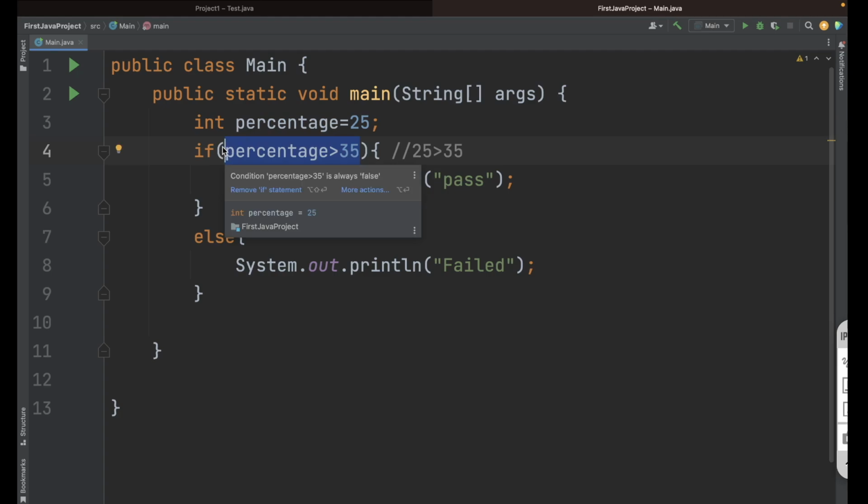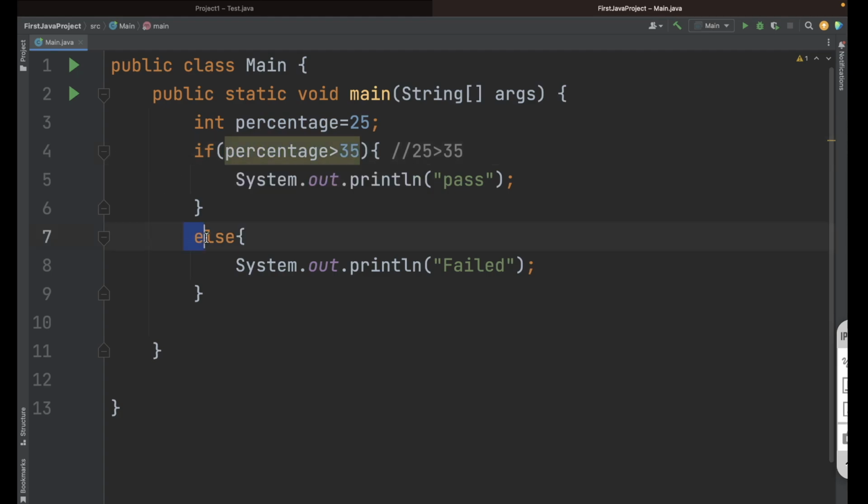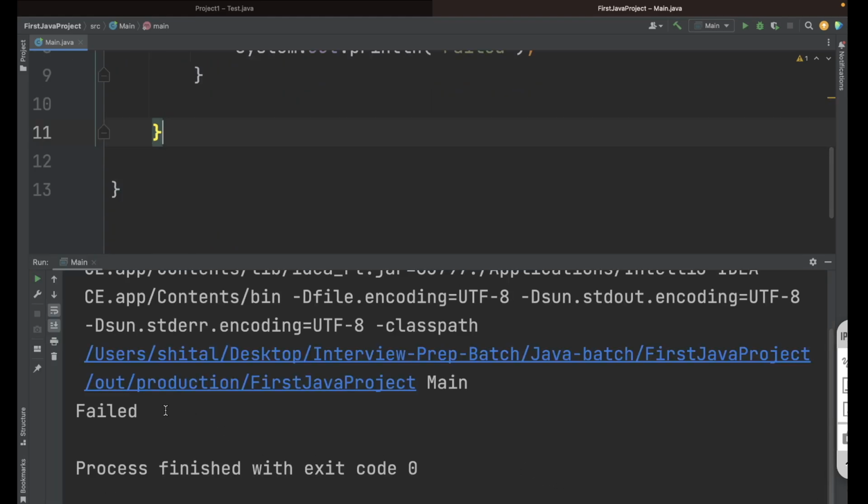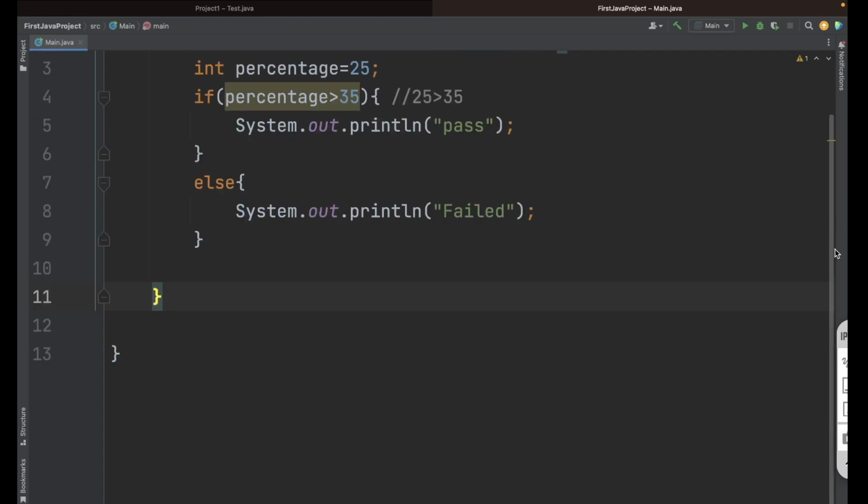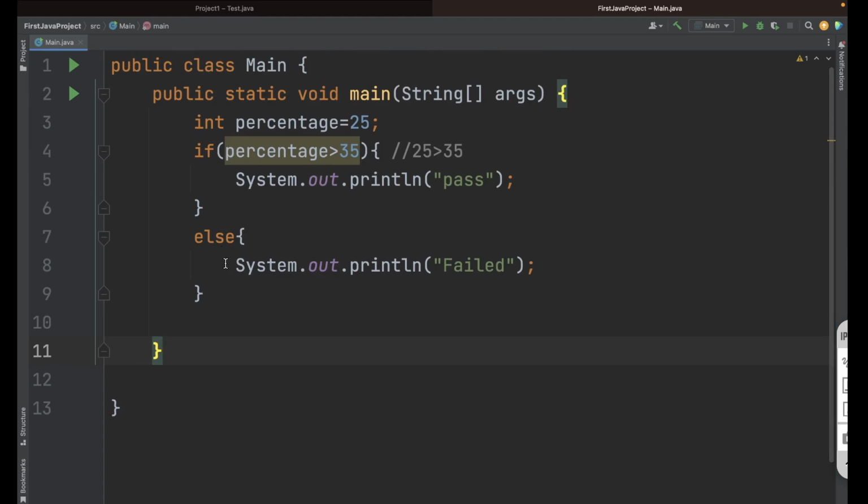So directly your cursor will come to line number 7 at else, and whatever you have written inside the else will get printed. In this case we will get the result as failed. Let's execute and see. See here, we are getting the result as failed. This way you can write the if else conditions.